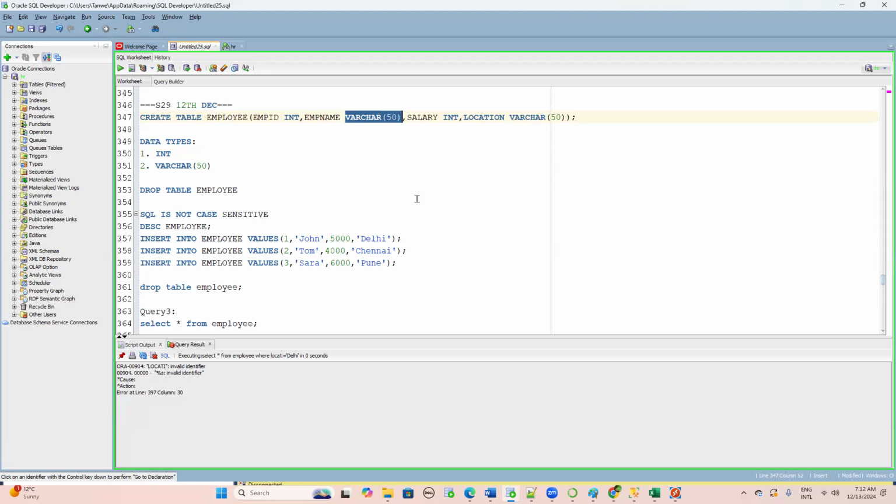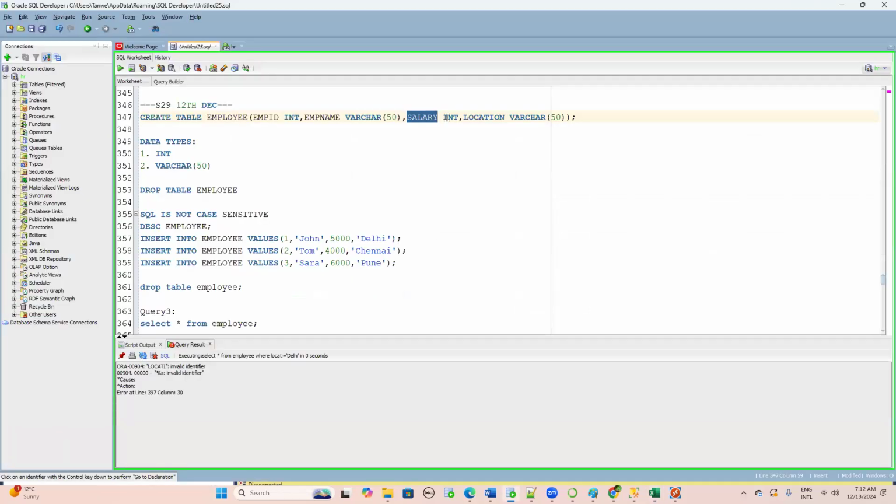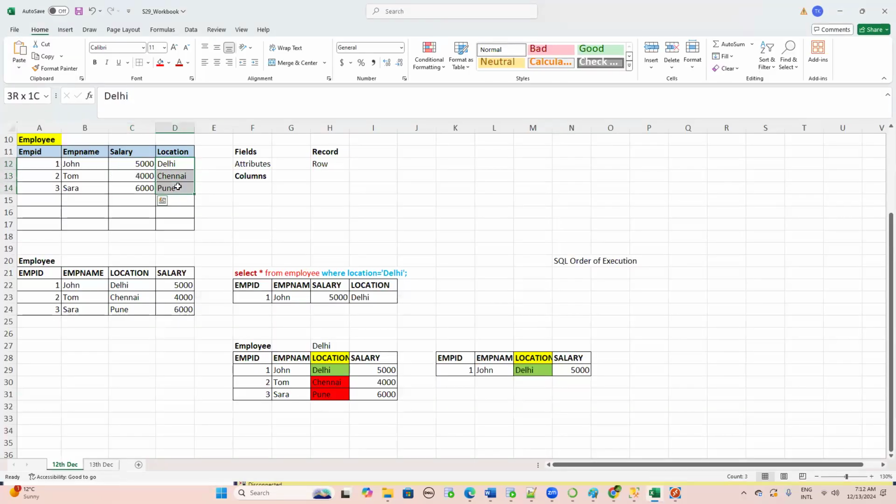If I keep it varchar 1, what will happen? If it is varchar 100, then what will happen? We'll discuss in detail. Then the next column is salary. Again, in the salary column, we are storing numbers. Whenever you have to store numbers, the data type should be int. Okay. Then the location column, data type is varchar, because in the location column, we are storing